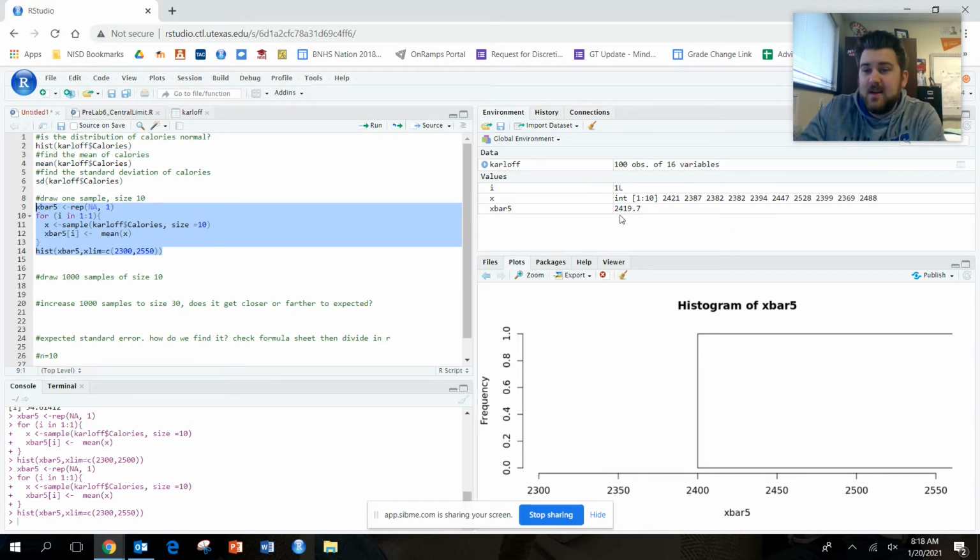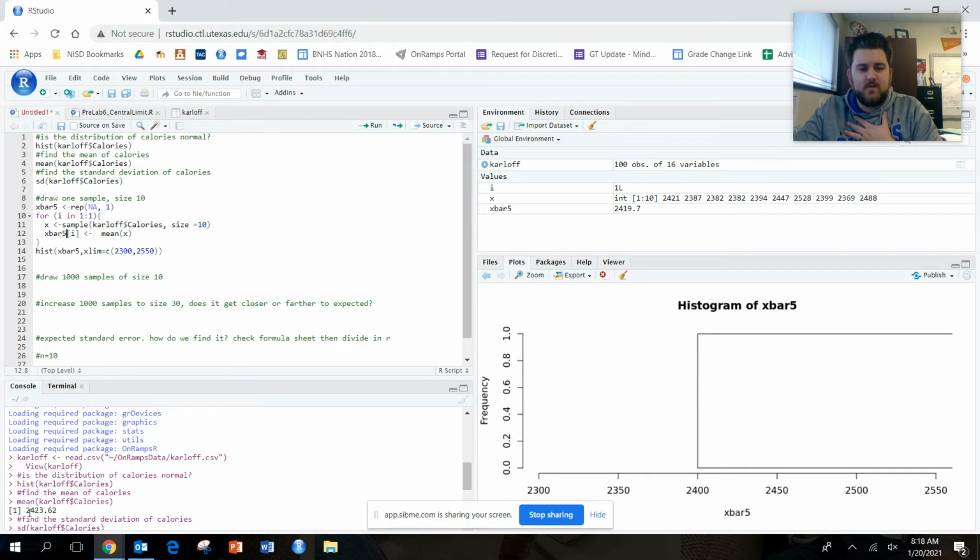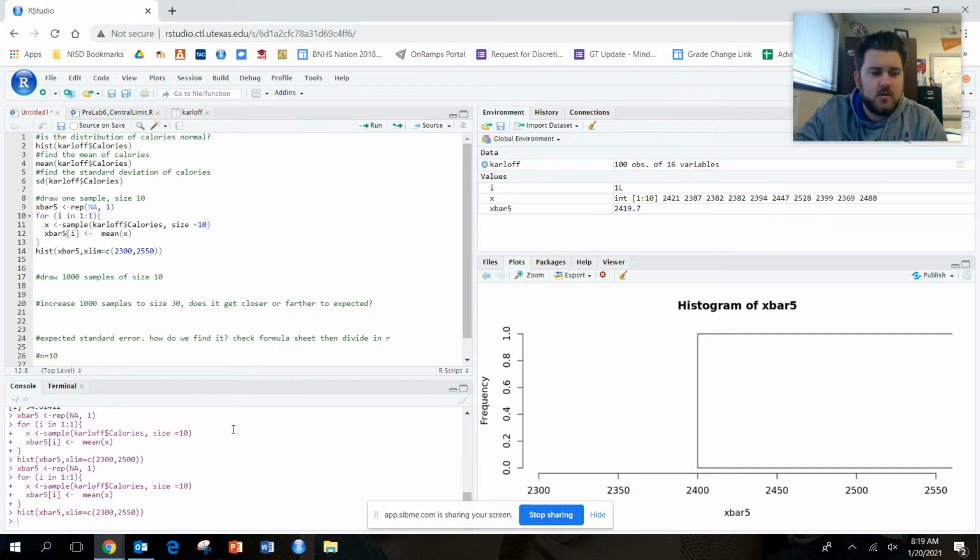And you can see the mean of my X bar 5, which X bar 5 is my sample. The mean of the population was 2,423. The mean of my sample is right here, and it's 2,419. So remember, there's the population data, which is everybody in Karloff. Then there's my sample, which is what this for loop is going to create, a sample for me. All right. So that's how you draw one sample of size 10 of the Karloff